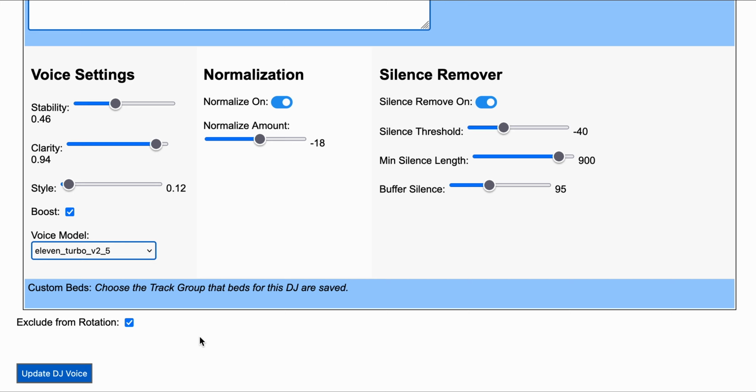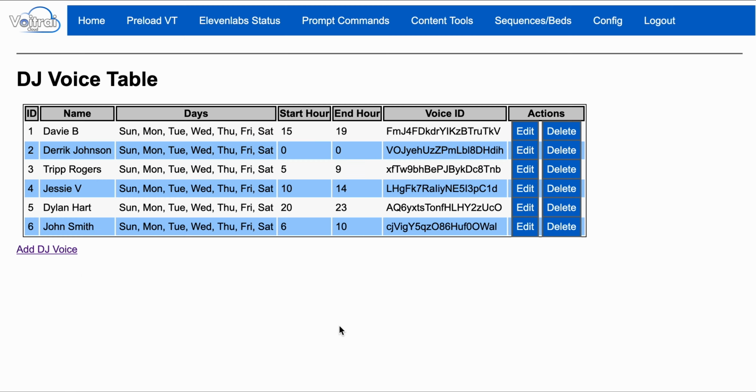Now, since this is a news announcer that I don't want in regular rotation, I can check off Exclude from Rotation. Once complete, click Update DJ Voice. Now you may be wondering, why would I want to exclude it from rotation? We will find in the next section how we can specify a voice for a specific track prompt. But you only need to have one voice set up in your Voitrai install or your Voitrai server to start